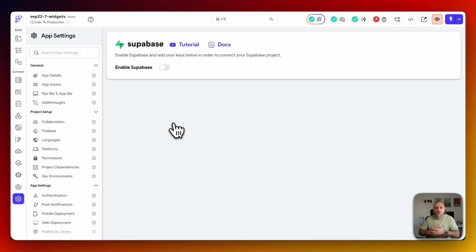And in fact, it would have been super easy because all I'd really need to provide would be something like an access token. And it can go out, provision the whole project, get all my keys, things like the project ID, the anon key, the service key, and all of that. Create the tables, create the schemas,